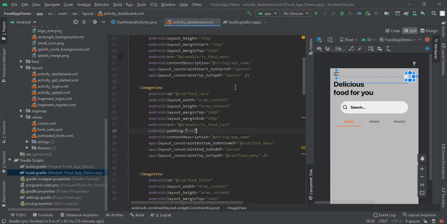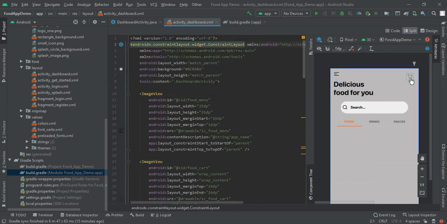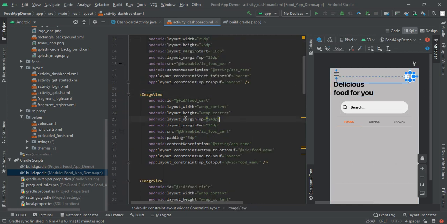Next we have the food cart icon. Its width and height is wrap content, and its margin top and margin end will be 24 dp, so that it will move slightly down from our menu.